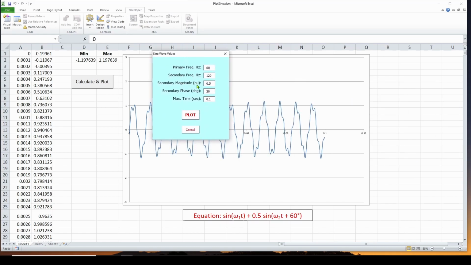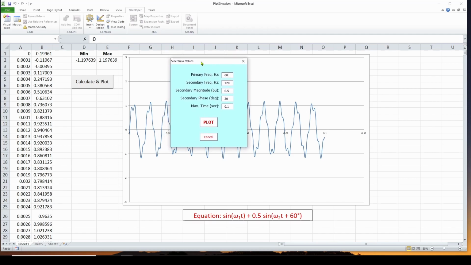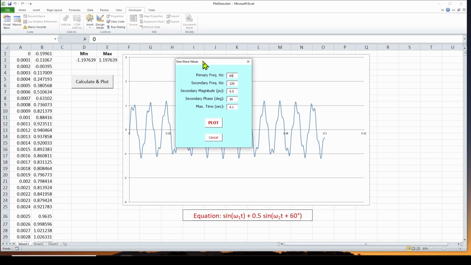I click that button, it brings up what you may be familiar with if you do any Windows Forms applications, like C#. We've got a bunch of videos on this channel talking about C# and Windows Forms applications, especially with engineering. And it allows the user to put in whatever we want. For example, I'm changing the magnitude of